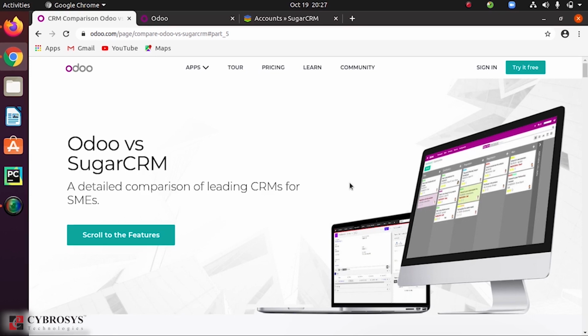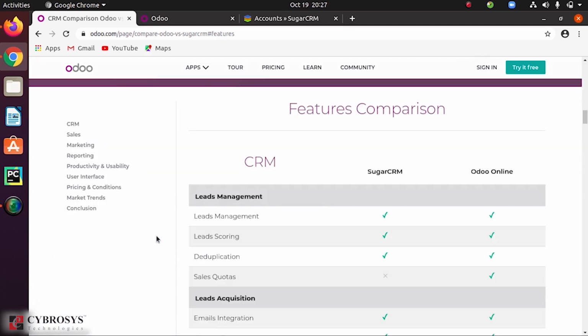Now let's have a look into the comparison. So here you can see a comparison that is based on certain modules, or you can say certain managements like customer relationship management, sales management, marketing, reporting, productivity and usability, user interface, pricing and conditions.